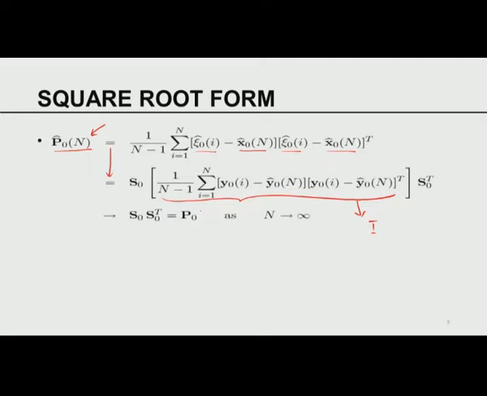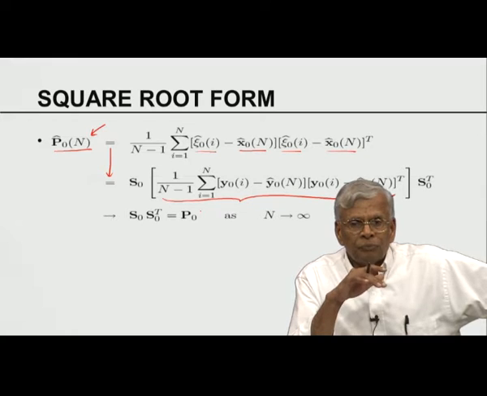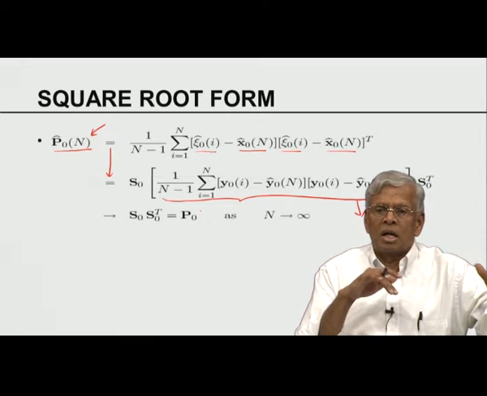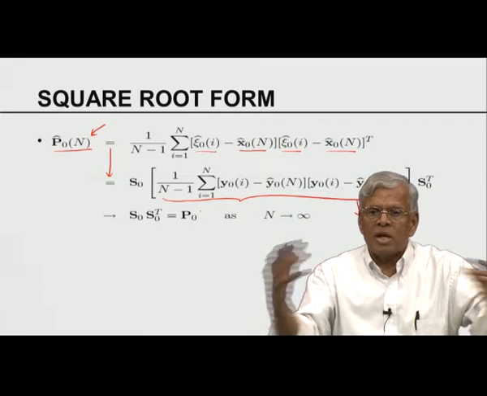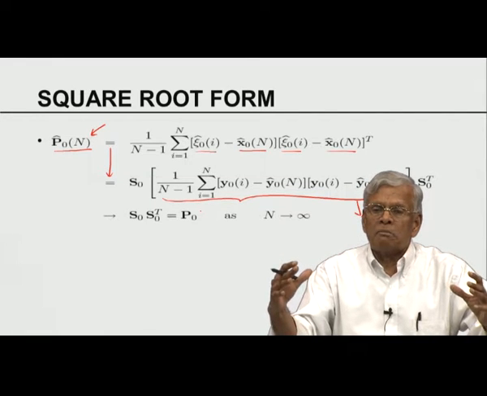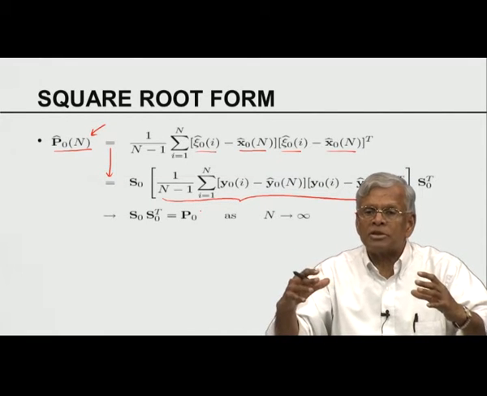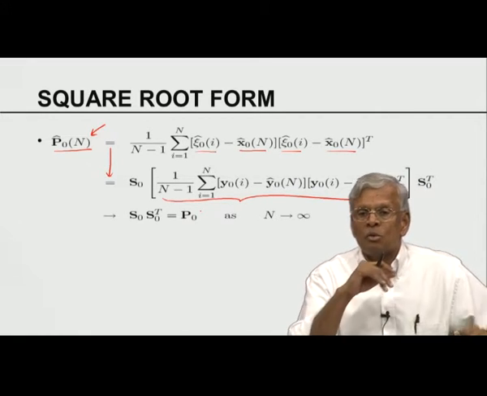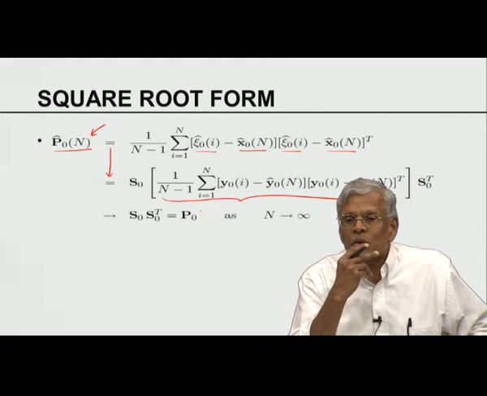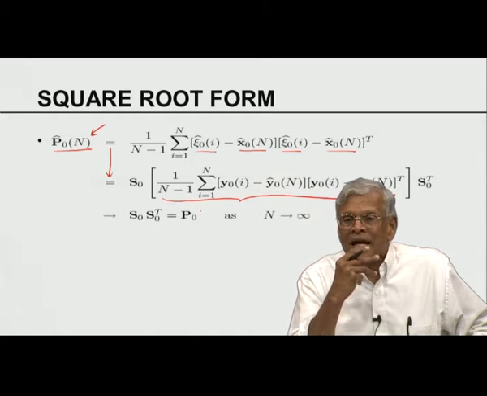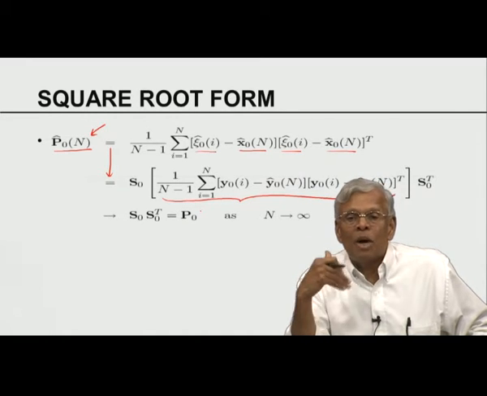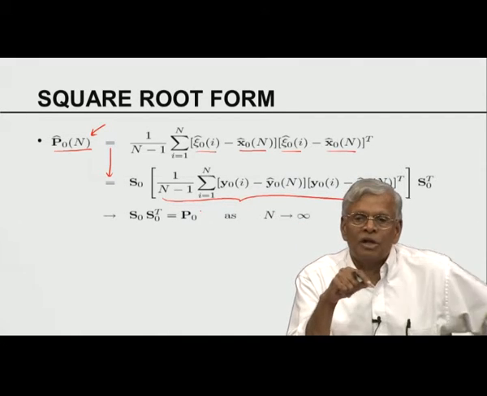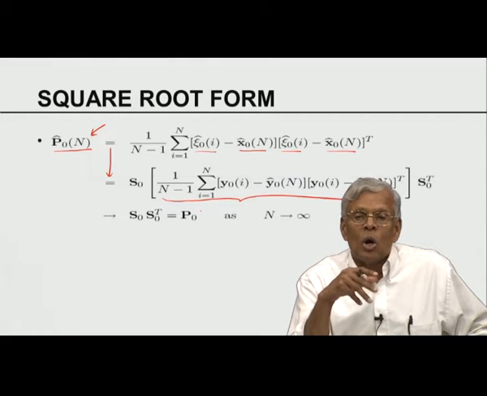Why are these limits important? I keep repeating this because for the quantities calculated using ensemble members, the ensemble statistics, and the true statistics, there is always going to be a difference. The difference becomes smaller and smaller as the number of samples N becomes larger and larger. So if you cut the number of ensembles to be finite, let us say 100, 200, your estimate is going to have an error, and that is the error you have to deal with. Why? Not because I want to, but because of the computational limitations. So it is not that I like to commit this error, but I don't know how else to do it